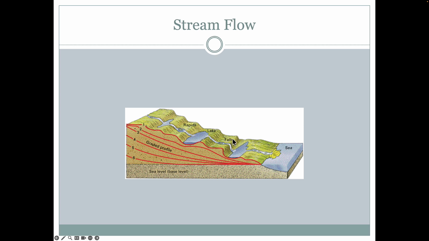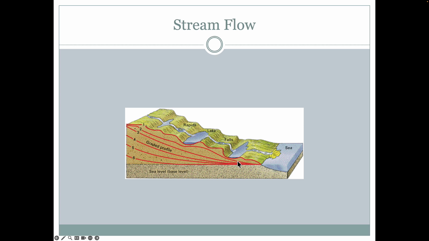So what happens over time is these areas that are steep get eroded down, and the areas that are flat, like lakes, either get filled in or just don't erode down anymore. So if we started at time 1 and our topographic profile along the stream's run looked like this, over time that would start to smooth out until we get something like this, which is just a smooth line going from